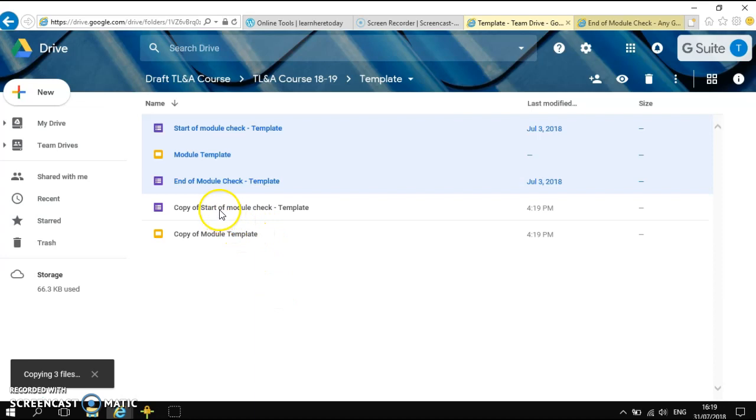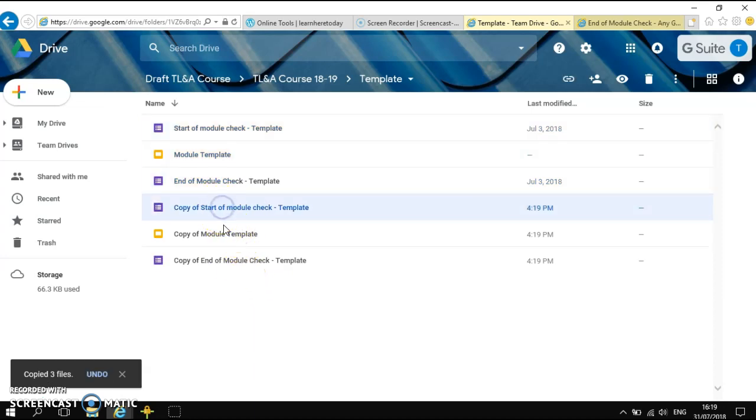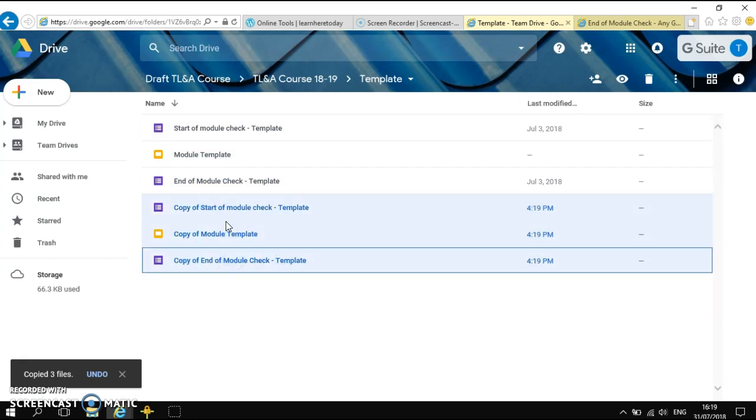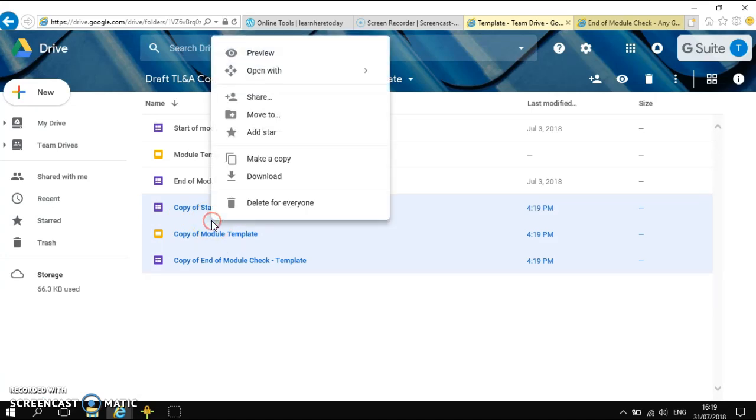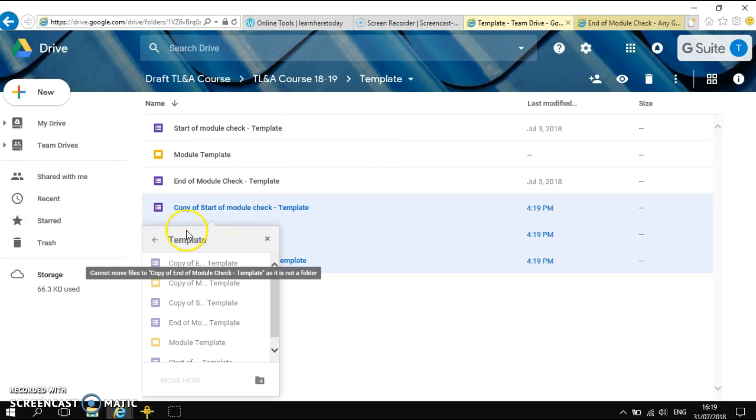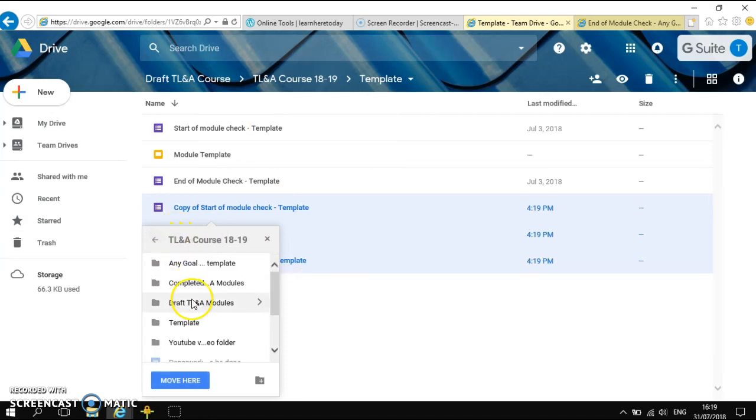So when you've got your 3 copies, it sometimes takes a little minute, so you sometimes think you haven't done anything, so just give it a second if it's being a bit slow. So highlight those 3, the copies, do a right click, and then move those. You'll find that we're at the end of the pathway here, so we have to go backwards and go into